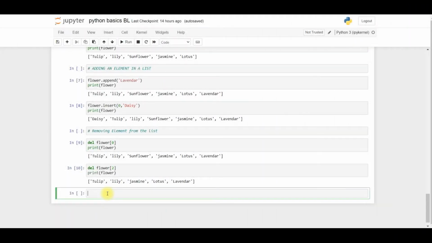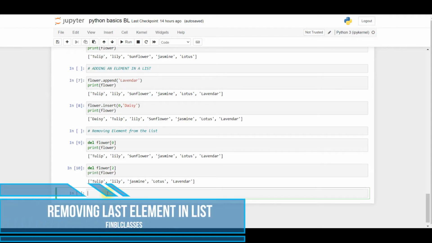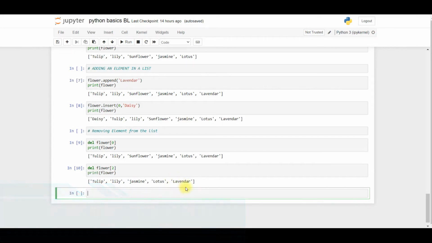So continuing with our removing element from the list, suppose I require the last element to be removed. So we have one more method called the pop method, POP, with parentheses. In this case, suppose I want the last element to be removed. So what I'll be doing is typing flower